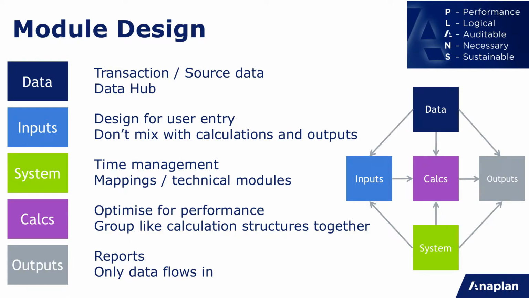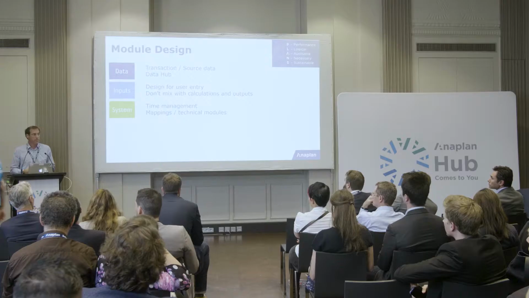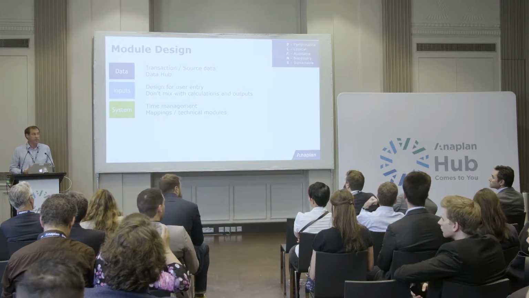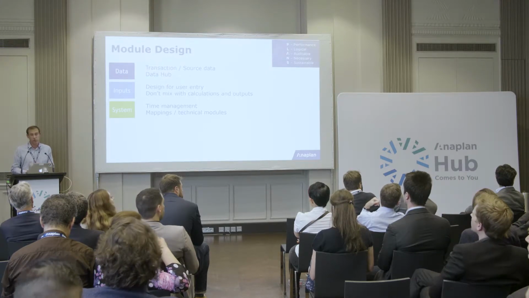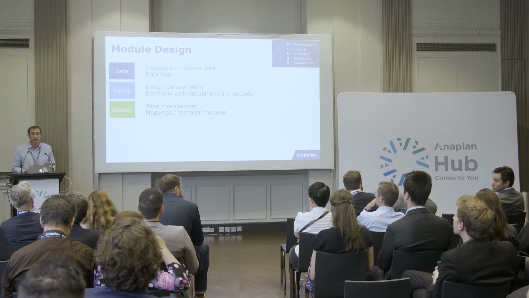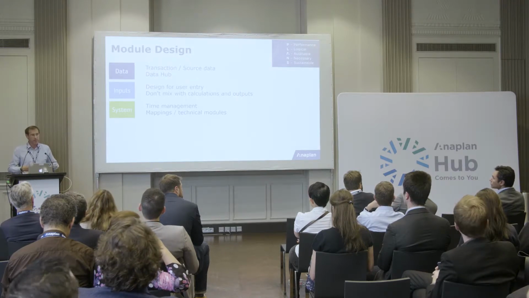The middle part, and actually what's quite good is this is the glue of the system really, this is all of the other pieces that you need within your model to hold it together. So this should be your time settings, your mappings, your lookups, your attributes for the properties of your hierarchies. All of these modules are not data modules, but they're the rest of the bits and pieces that you need in your model to pull it together. Because Anaplan is ultimately quite simplistic in terms of its structures, but you need some help in terms of joining those structures together. So that's what your system modules should really be.